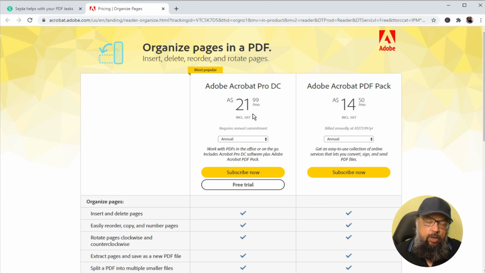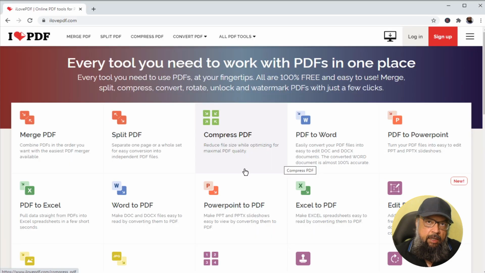So therefore we are looking for free PDF editors. So let's get started with the first one. Now the first PDF editor we are going to discuss is ilovepdf.com. As you can see, you have many tools available here, and I'm going to show you the split PDF